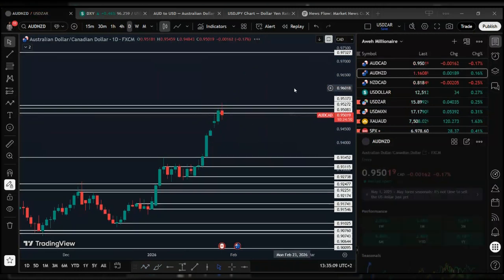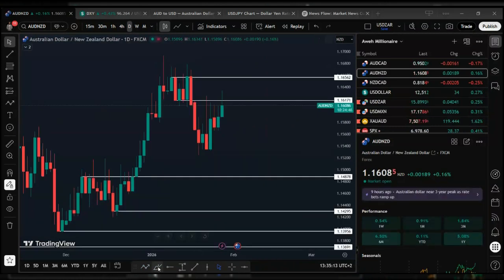Next up, we've got AUD NZD. Now what we have is price is testing our level here at the 1.1617 level, which is a previous level of support that price broke through and is now retesting here, opening up a potential for a bounce off this level, textbook setup, and opening up doors for price to continue to the downside, with the next major support sitting at the